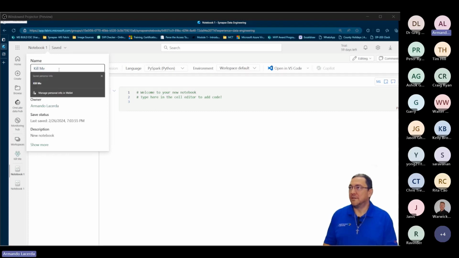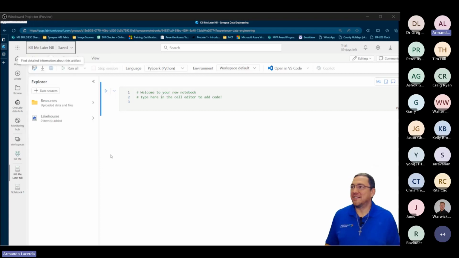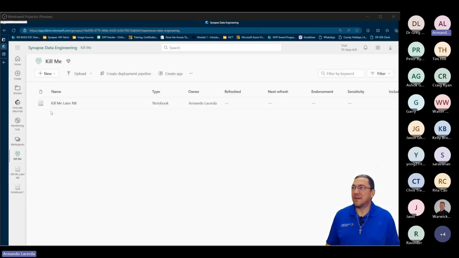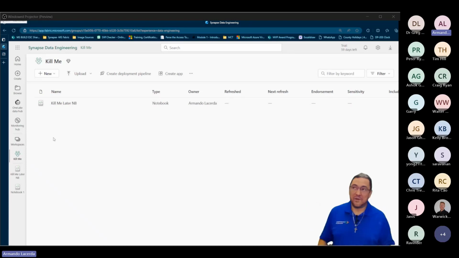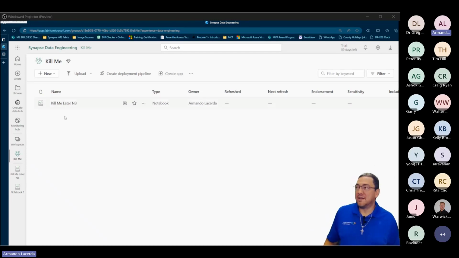Kill Me Later notebook. So I can get this guy there, and it's created. Here's a link, a shortcut. The last things we have been working with in Fabric, they show up for you here. So if I go to my workspace here, I can see that I have my notebook I have just created, right, with nothing. It's empty. There's only one cell in there, but the notebook is there. All right.